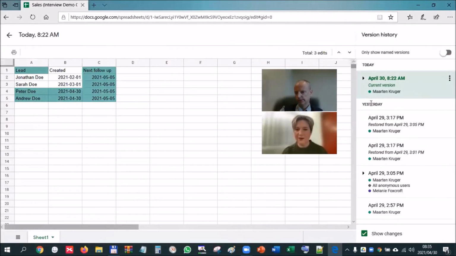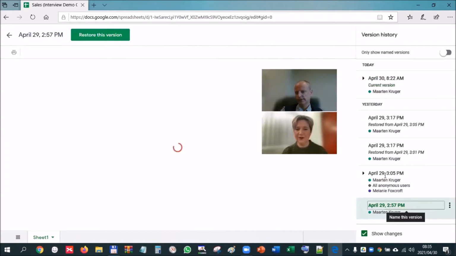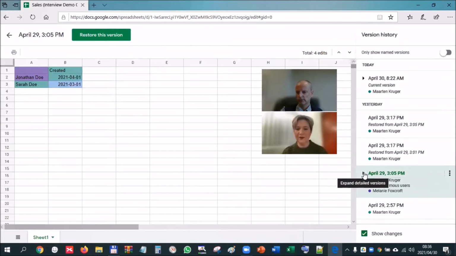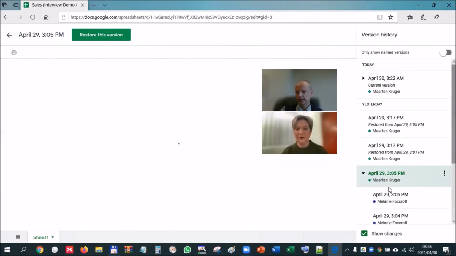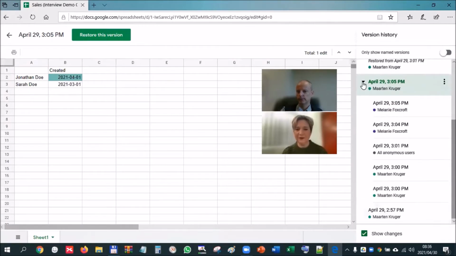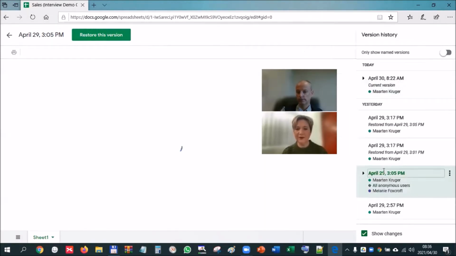If you take a look here, we can see that this experimental spreadsheet we created yesterday, and we just did some experiments and different people made changes. So you can see a full history was created on the 29th. Then on the 29th at 3:05, some changes were made. You can see the full detail of the individual changes over here, but it groups them together so it doesn't become too overwhelming.